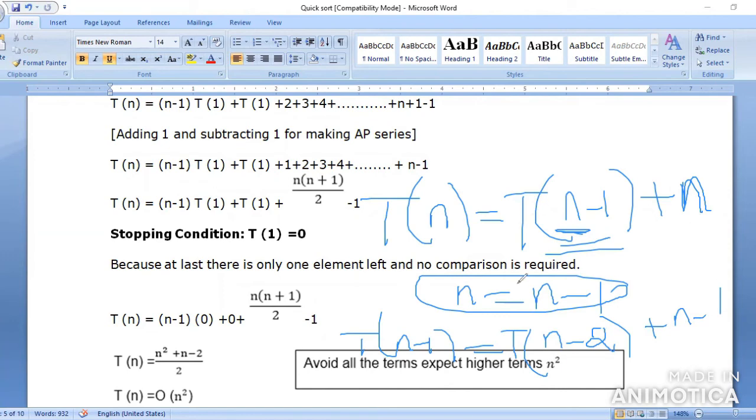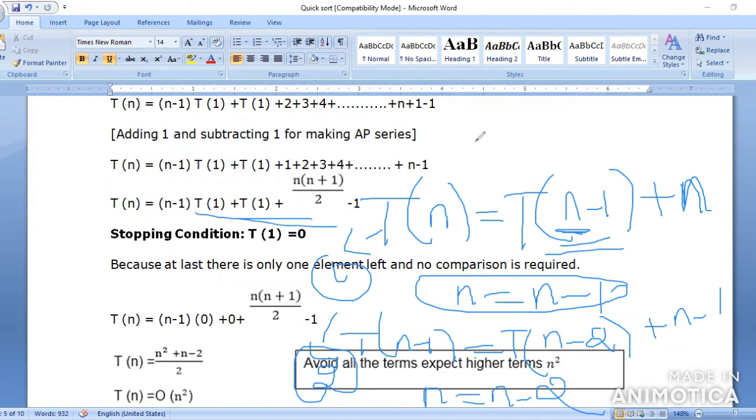Again, you have to substitute for n. This is the first equation, this is the second equation. Based on the first and second equation, again you substitute n will be equal to n minus 2. Similarly, you substitute n minus 1, n minus 2, up to k values, the number of k values. So you have to check for the given thing.